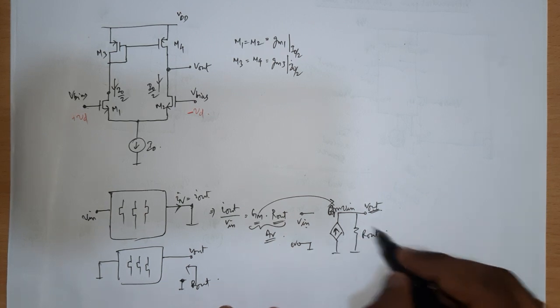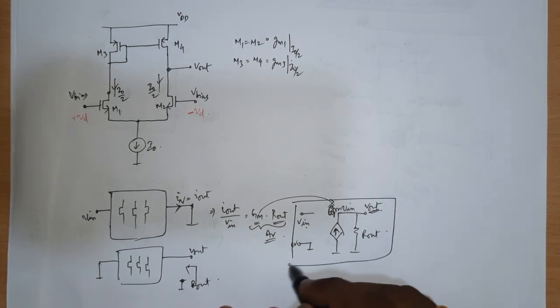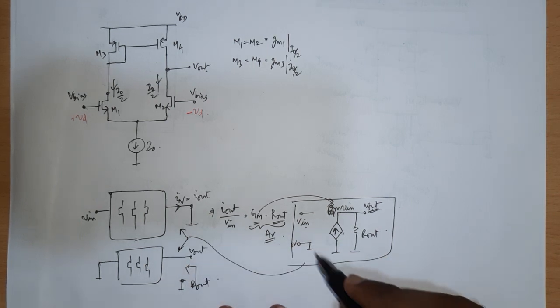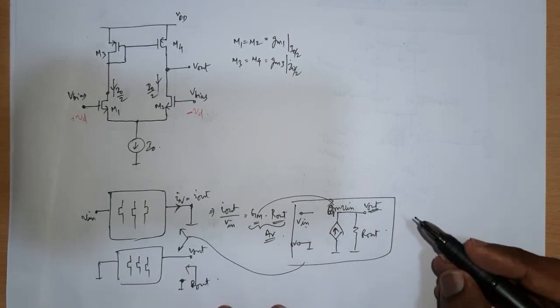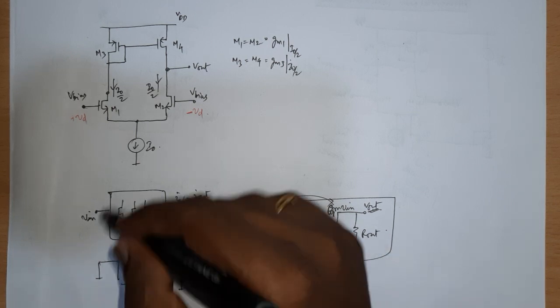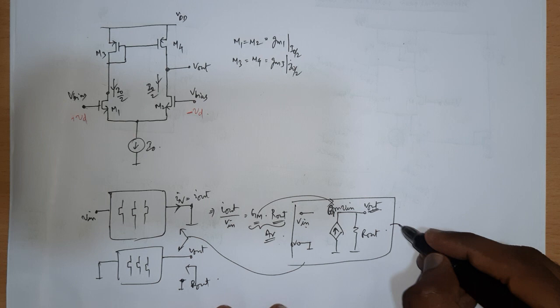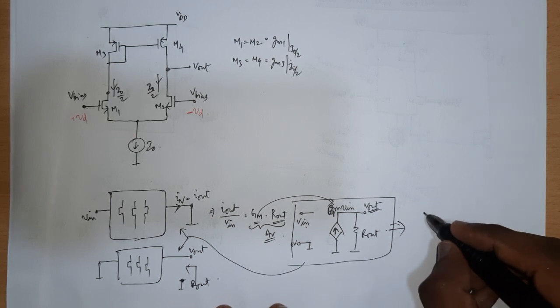So this will be the incremental equivalent of these two networks. These two are the same, so I can actually put down an incremental equivalent like this. It's very straightforward. It doesn't matter how many transistors there are, I can come up with an incremental equivalent like this, and this will be exactly the same as putting